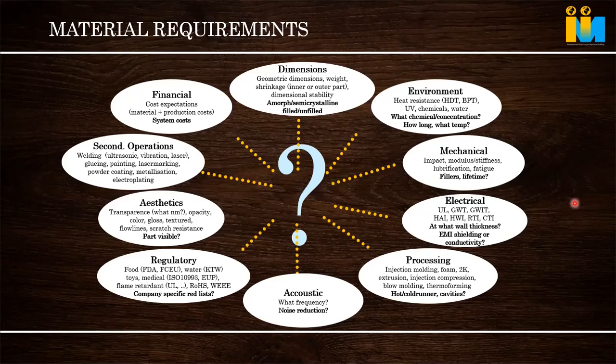And the next one is regulatory requirements. One could be FDA, food regulation. If the product or part is in contact with food, there is a chance of leaching of the additives or whatever was added to the polymer into the food. So in the FDA regulation, there are a lot of substances and additives that cannot be added to the raw material, as they can leach into the food and harm people's safety. So FDA calls for that. Then there are water regulations. Toys also have regulations because kids may choke on them.